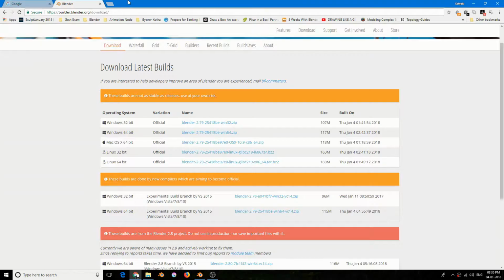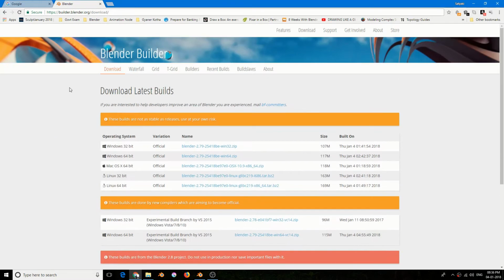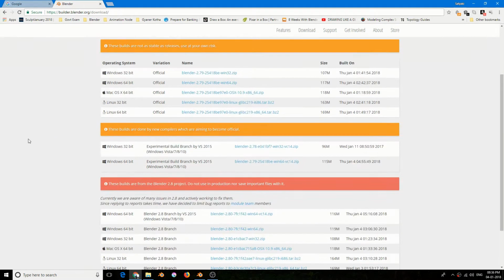In this tutorial, I'm gonna cover the new bevel input node in Blender 2.79 experimental build. So how to get this build? In order to get that, you have to go here, builder.blender.org